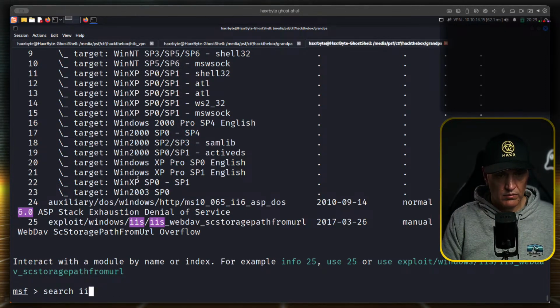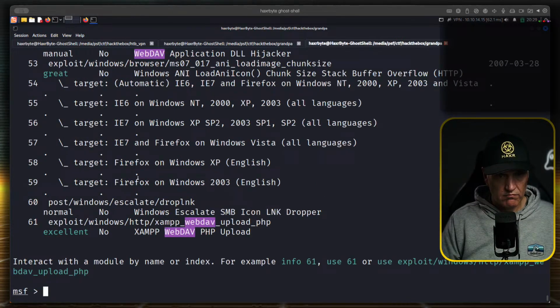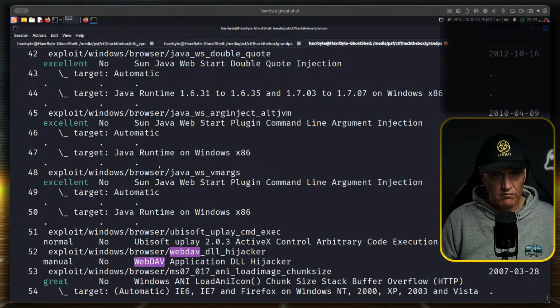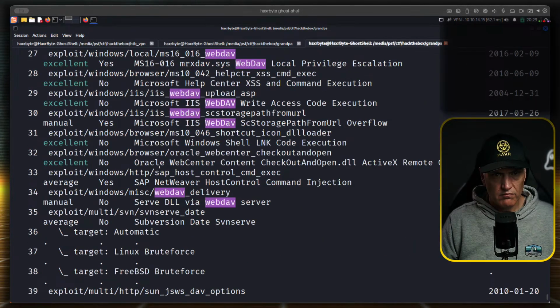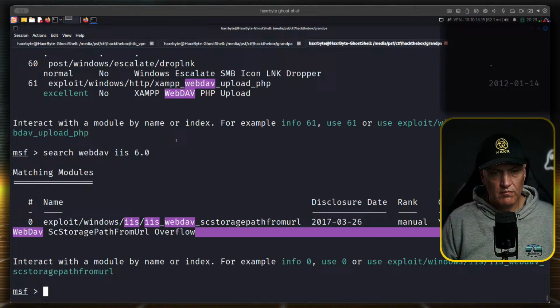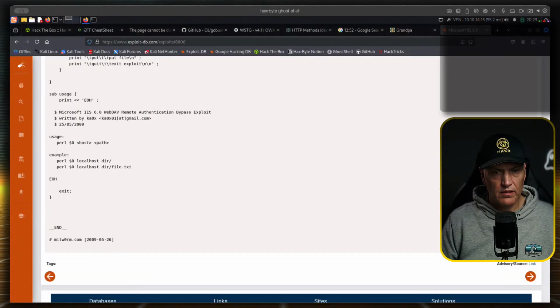Let's do WebDAV. Storage path overflow. This looks familiar, right?